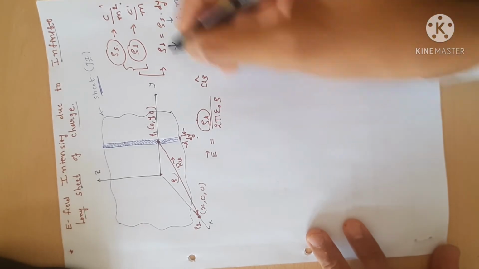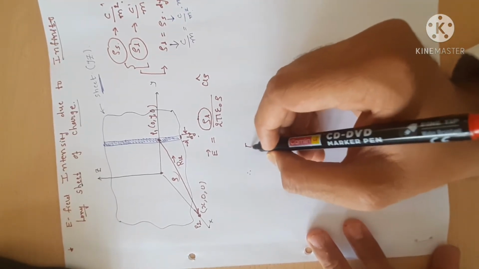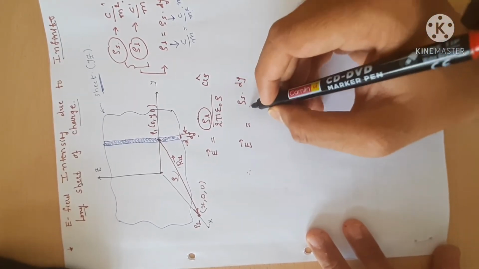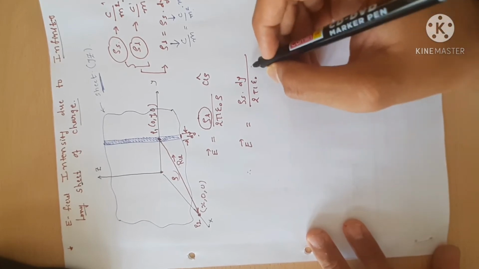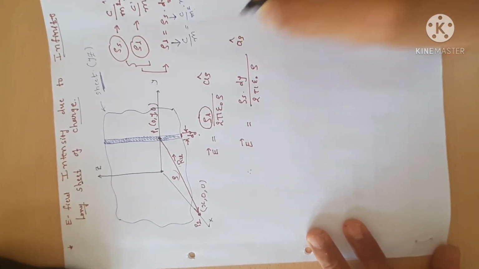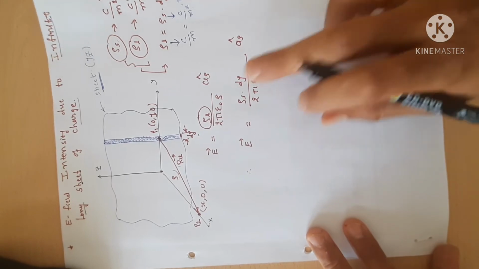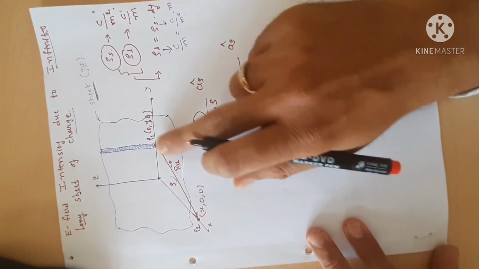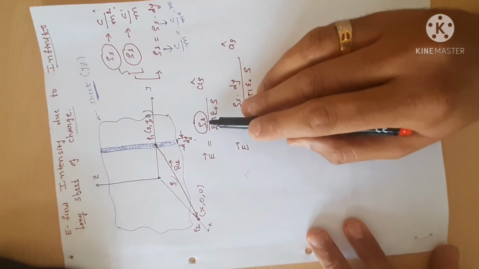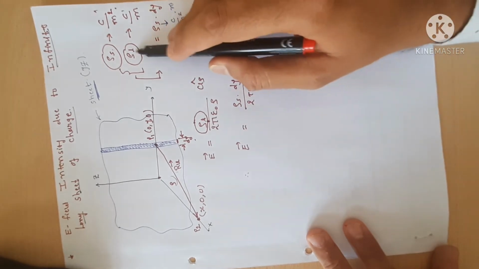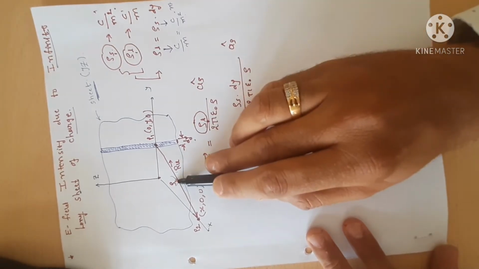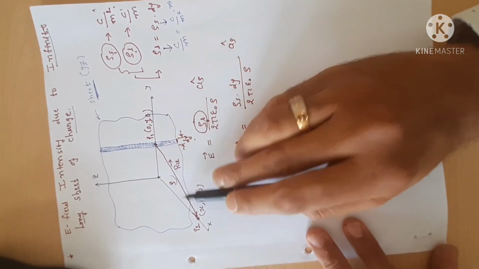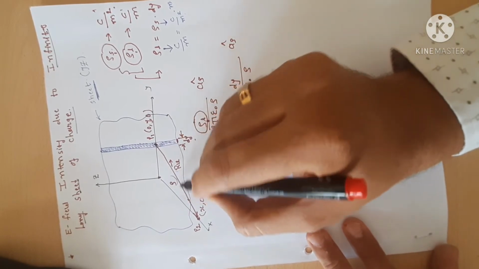So I have to put this value here. So now E is equal to rho s into dy upon 2 pi epsilon 0 rho into a rho. But now what is rho? Rho is nothing but, as I have told you, a distance between these 2 points. Please differentiate all the terms. This is rho l, line charge density. Rho s, surface charge density. And this is a distance, rho. This is not a density, but a distance between these 2 points. Or if you find the mode of R12 vector, it is nothing but rho.